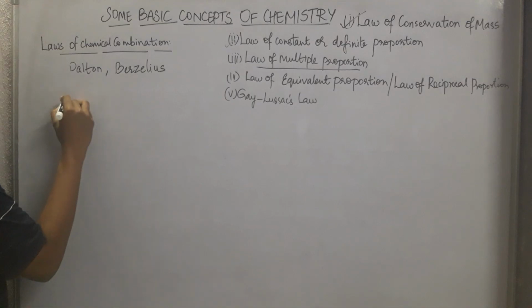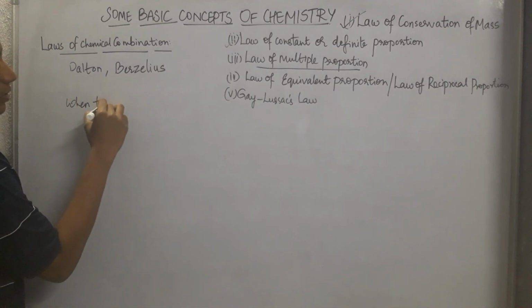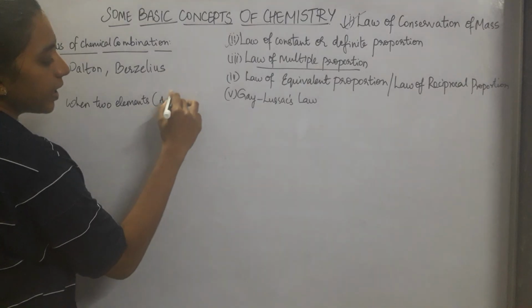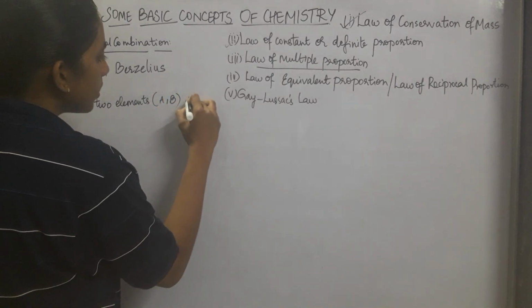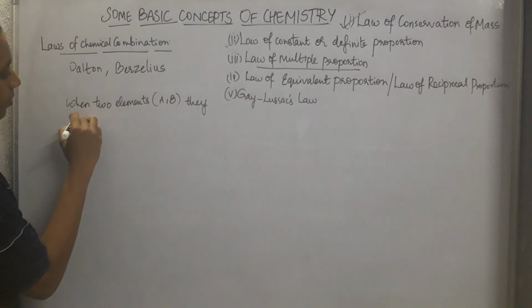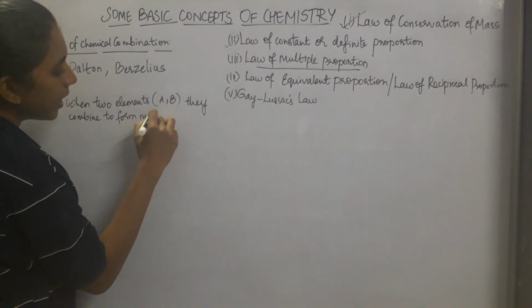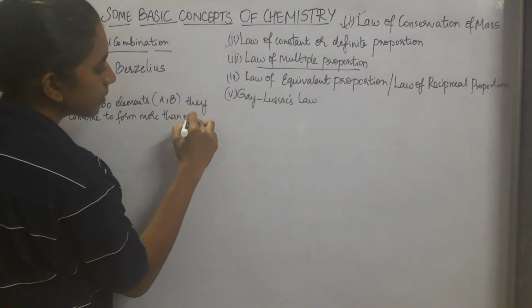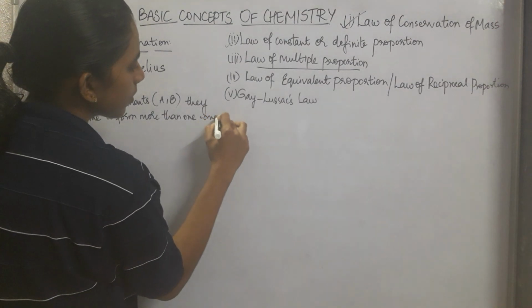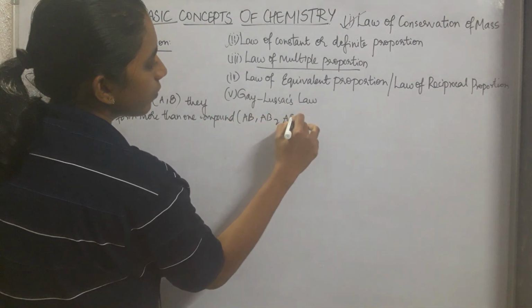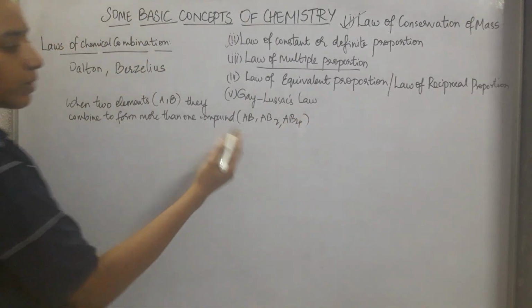It states that when two elements, let us take A and B, combine to form more than one compound, which is AB, AB2, AB4, more than one compound,